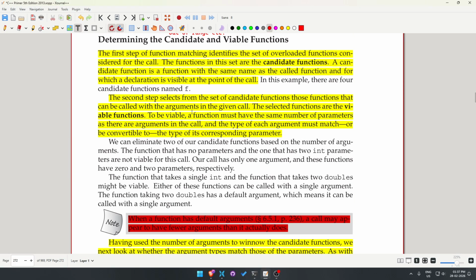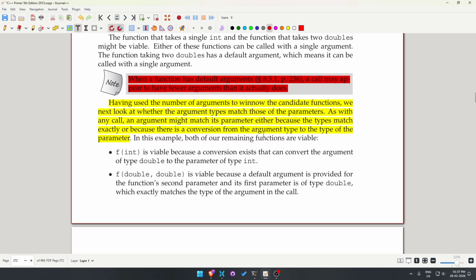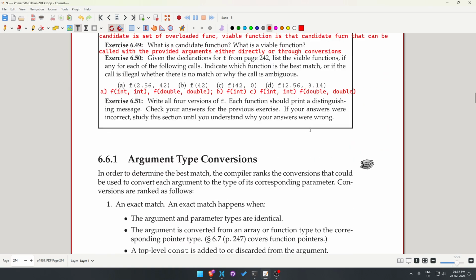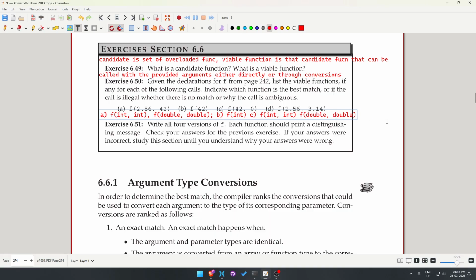To be a viable function, a function must have the same number of parameters as there are arguments in the call, and the type of each argument must match or be convertible to the type of its corresponding parameter. Okay, so I can say same for D. Write all four versions of f. Each function should print a distinguishing message. Check your answers for the previous exercise. If your answers were incorrect,